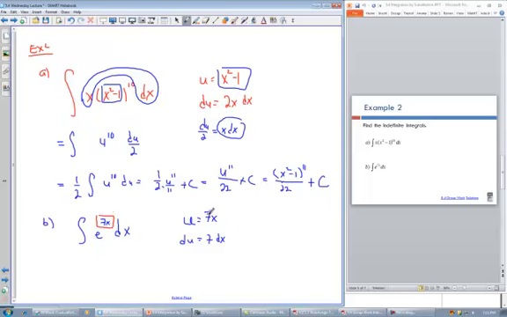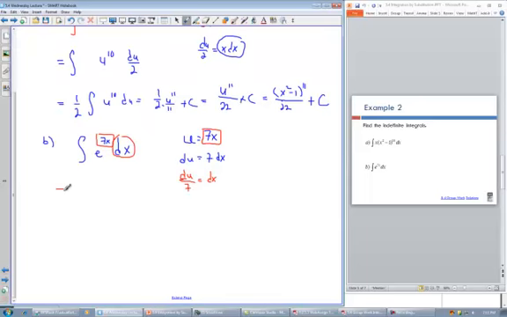That's easy. And then all I have left over is this dx part, and I don't have dx over here. I have 7 dx, but that's okay because I can move over the 7. I can just divide both sides by 7. And so du over 7 is dx, and I can just plug in here. So this is equal to the integral of e to the u, because that's 7x, and then dx is du